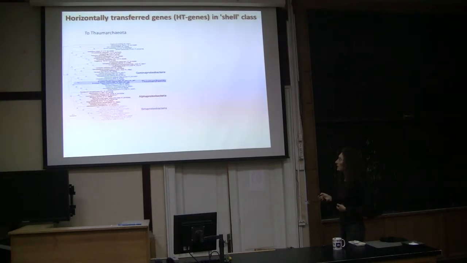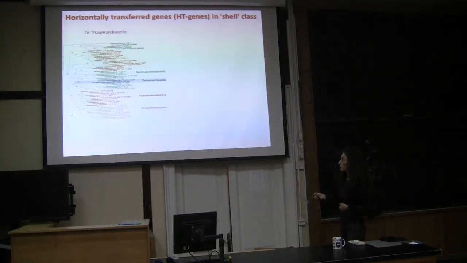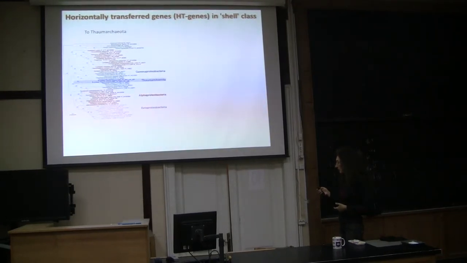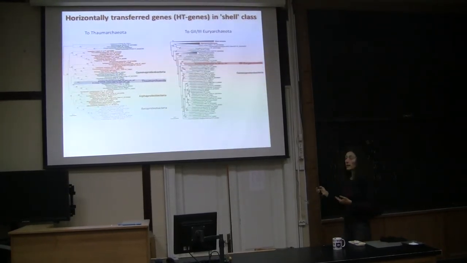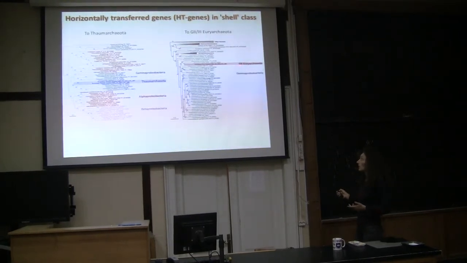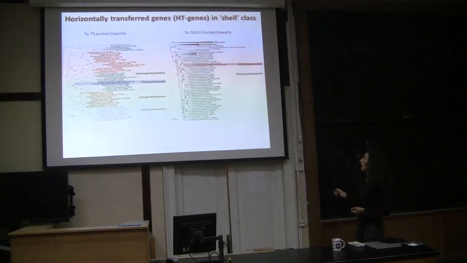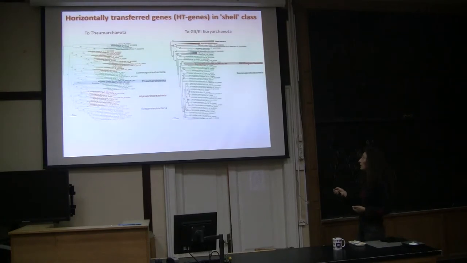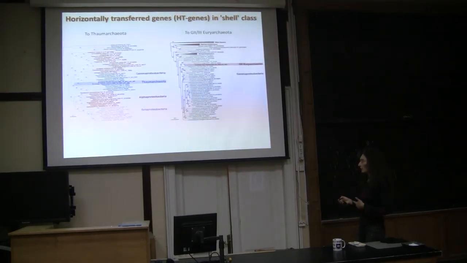So this is one example. You have here two Tomarchiota fosmids, or this particular gene, coming from, in this case, gamma proteobacteria, and you have other proteobacteria around, so this is a clear case. Here you can have another clear case, in this case to group 2 Eukaryotes, to one of the fosmids, which is nested within the gamma proteobacteria with very good support, so this is not a problem.